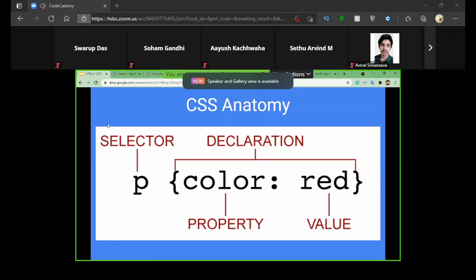That's called a selector. The declaration part goes inside curly brackets. Inside the curly brackets, we use a property followed by a value. In this example, the property is color and the value is red. That's how every CSS rule looks.